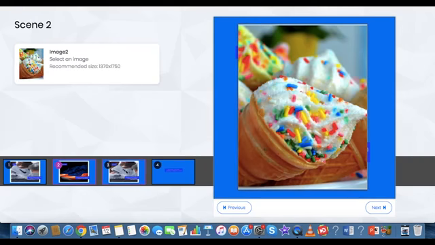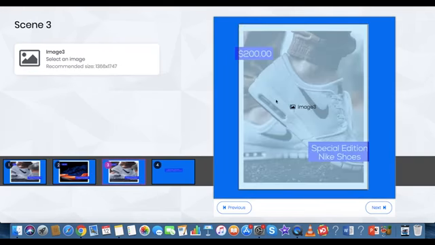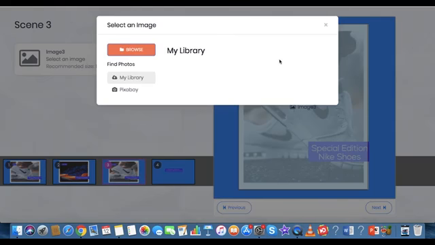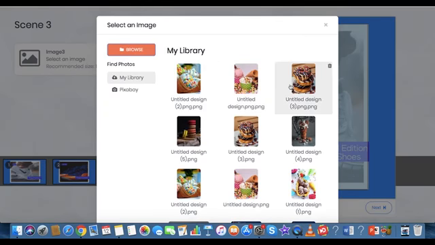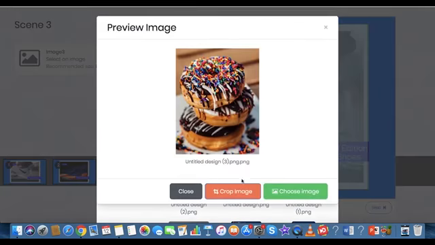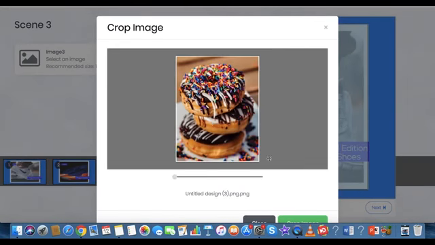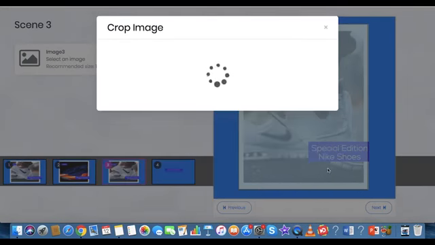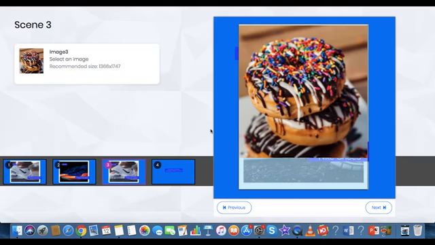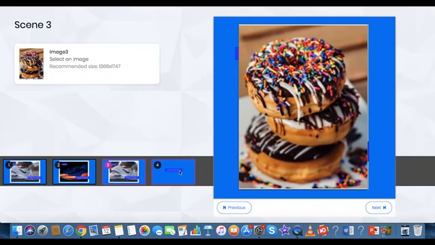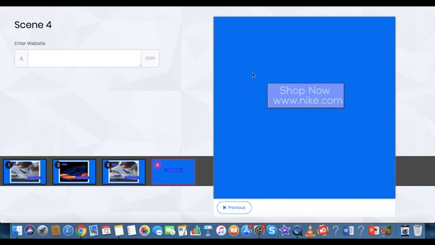Okay, now we have this image. Then we move to screen number 3. Let's add this image, and let's bring it down, crop the image. You know the drill now. Okay, and I want to make a proper advertisement right in front of you, and then you can write something like visit